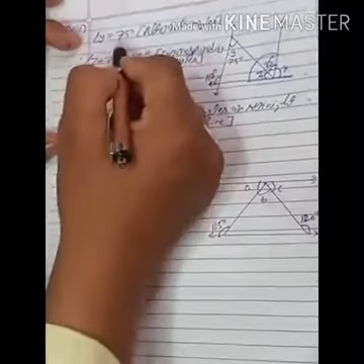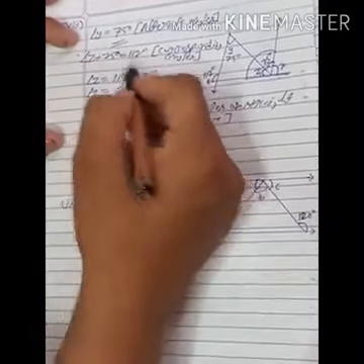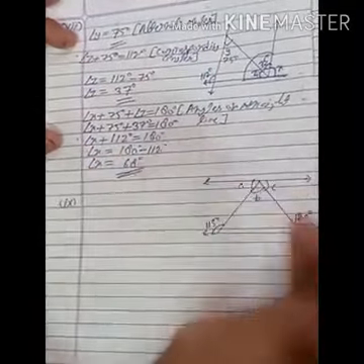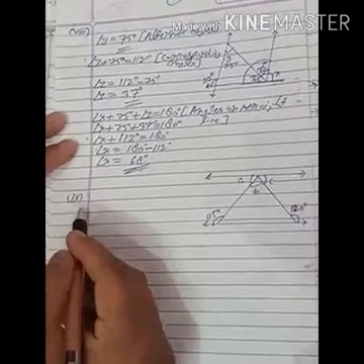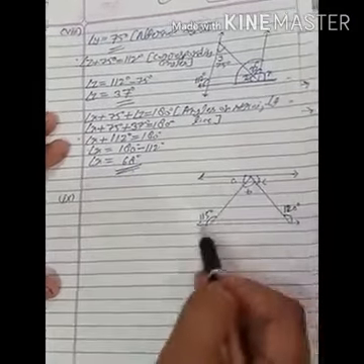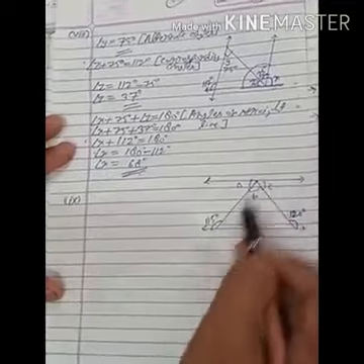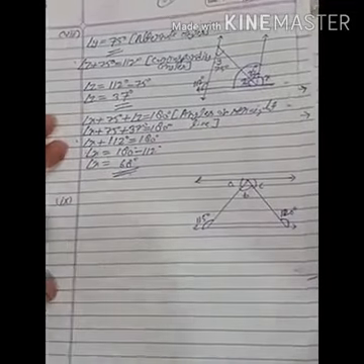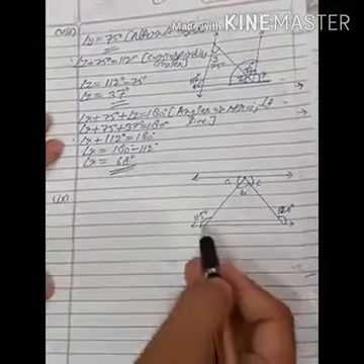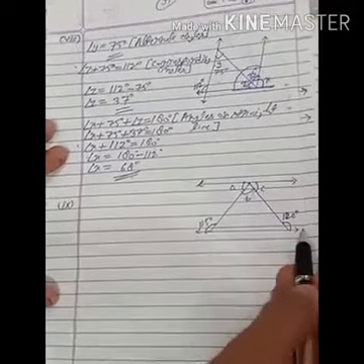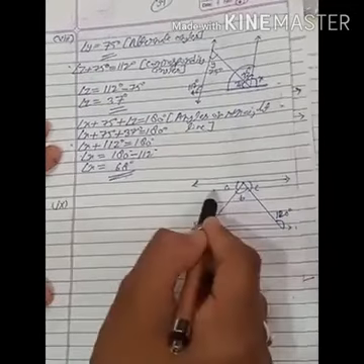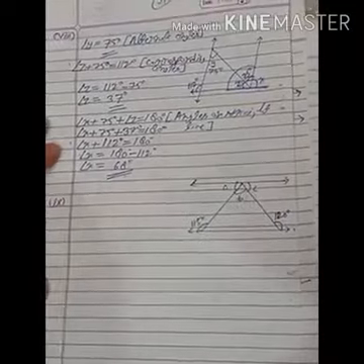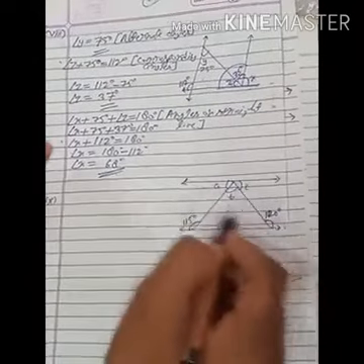So students, now we have all three angles, the values of y, z and x. Now students, see the ninth part. These two are parallel lines and these are transversal lines. Two transversal lines are given. This angle is 115 degrees, this angle is 120 degrees, this is A, then B, then C. So we will find the value of these angles.